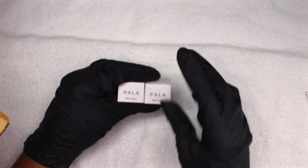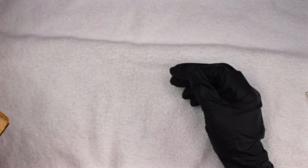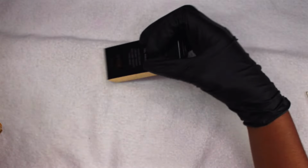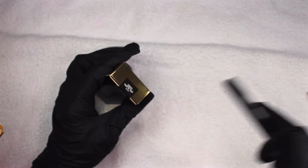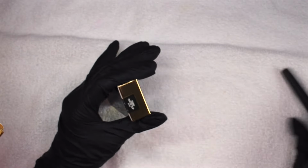So she kind of turned me on to this, and I'm very excited about putting a little more effort into utilizing those gels to see how they work. All right, I also picked up this Debok, which is their matte top coat, zero matte top. So this matte top coat, and I have not had a chance to try it yet